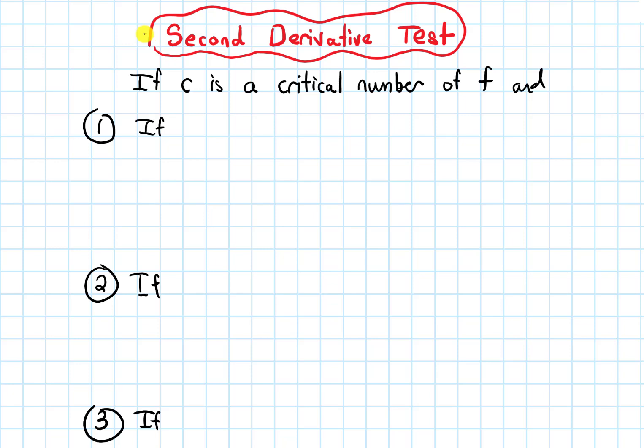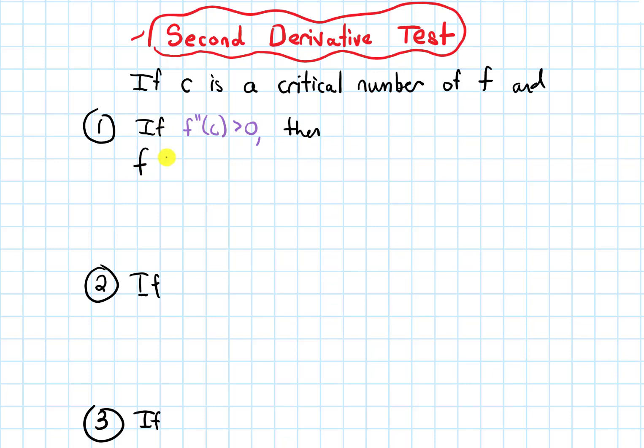In this video, we will talk about the second derivative test. So this is going to be another way for us to classify whether our critical numbers are local maxes or local mins, and it says the following. If c is a critical number of f, and if the second derivative of f evaluated at c is greater than 0, so if it's positive, then